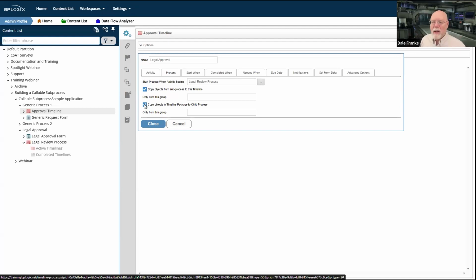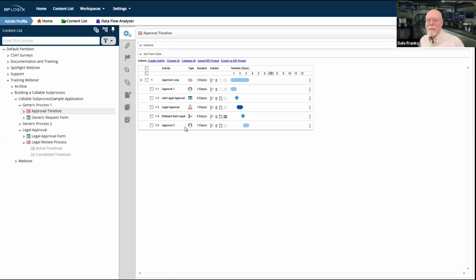So since that is so, I need to be sure that I have both of those forms attached to both processes. Now, the way that I chose to do this is just one way. And like I said, we're going to do some experimentation here in a little bit to call this subprocess in some different ways. But for right now, that's how I have it set up. And to make it work, I need to do 2 things. Number one, I have to be sure that I get the legal approval form included in my parent process first.